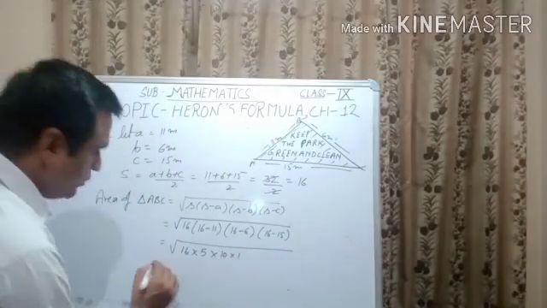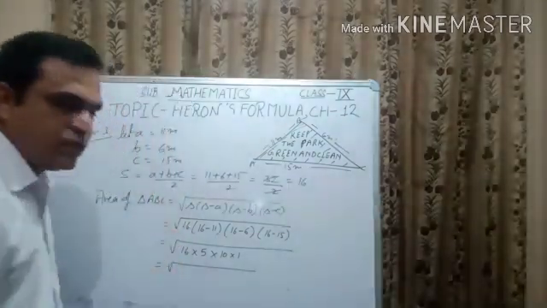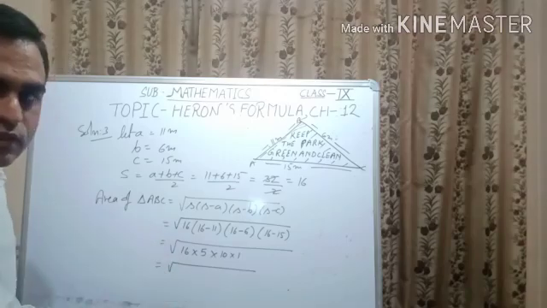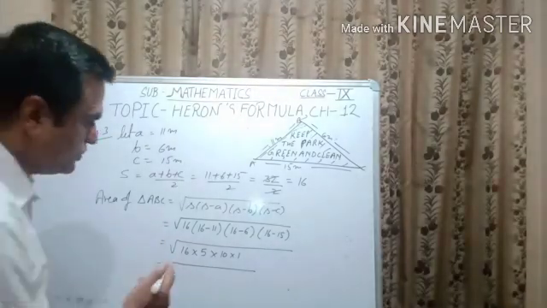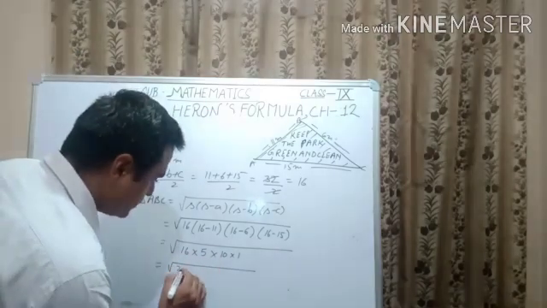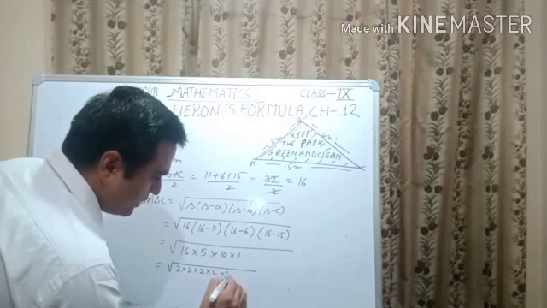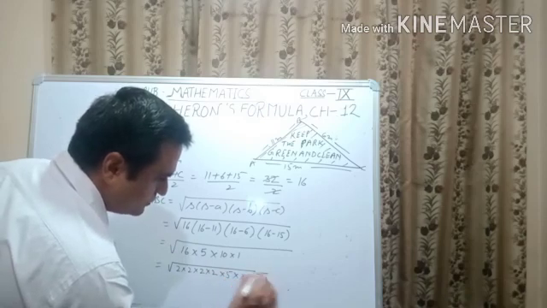Now we have to prime factor these numbers. No need to multiply them for this. We have to find the prime factors of these numbers. 16, 5, the factor of 5 is 5, and the factors of 10 are 2 into 5, into 1.